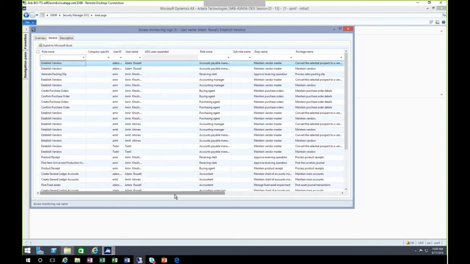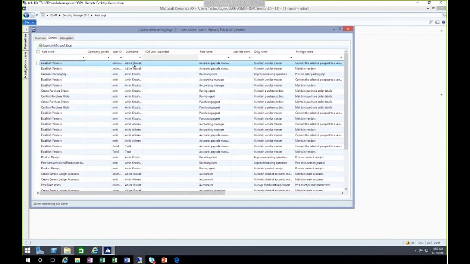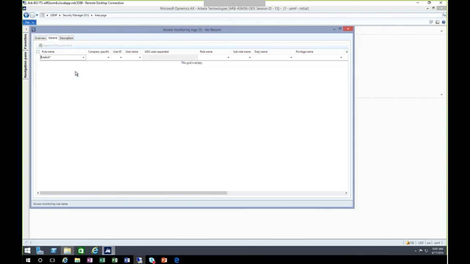Okay, so the answer is right here. So here's a rule that we created around the, I think it was around the table or around the click, the create a new vendor function, right? We identified a specific menu item and we captured it and we track it and we see who has the ability to run through this process after clicking this button, right? So basically you click the vendor and a new vendor form comes up. Based on this, and I can filter on establish vendor. I misspelled it.